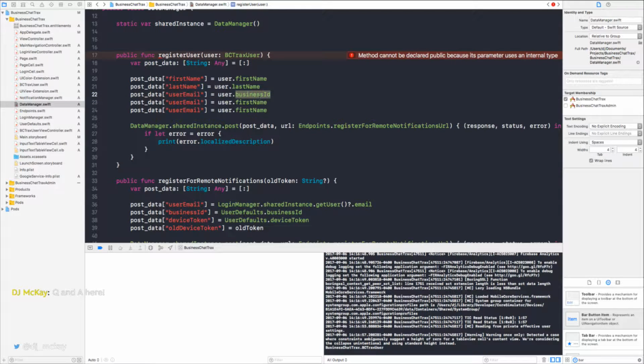User.business ID, email, and business name. I'm going to post that to a different endpoint, that URL. Same. Now here,